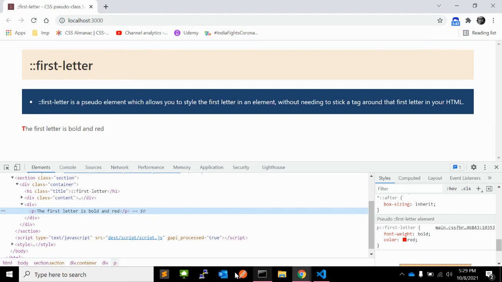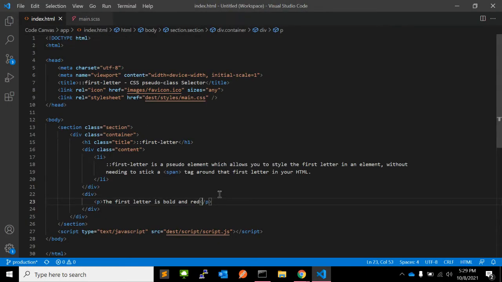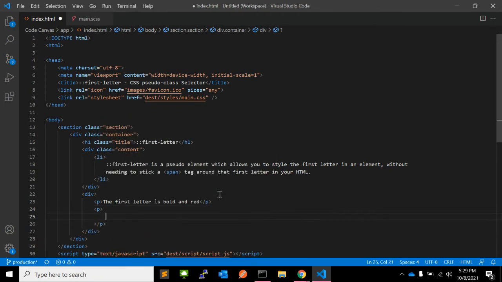So it will be like p, first letter T, and then the rest of the paragraph. But this is not possible. This is just an example of how it will treat it.